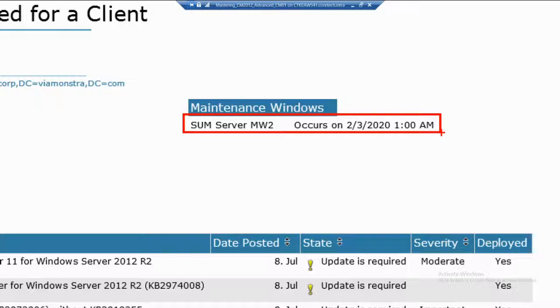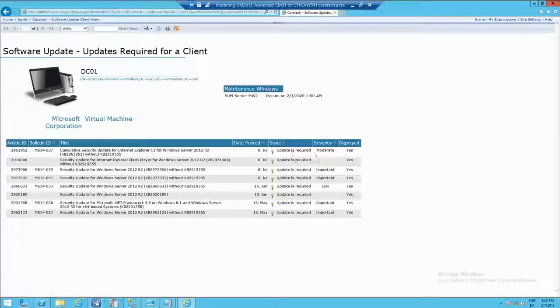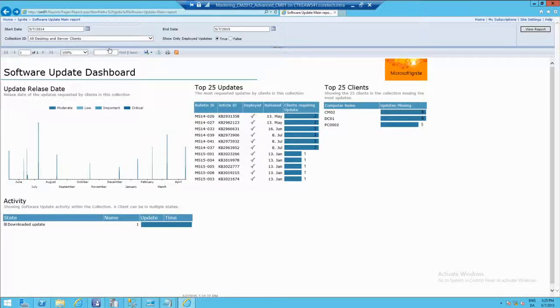Okay. Now I have identified the issue, and now after that I need to do something about it, right? But 2020, that's still a long way from here. I'll be able to see the updates that are required. So this report is actually giving me some pretty valuable data. If I just go back, I'll also be able to see the activity down here. So I can see for this one here, I